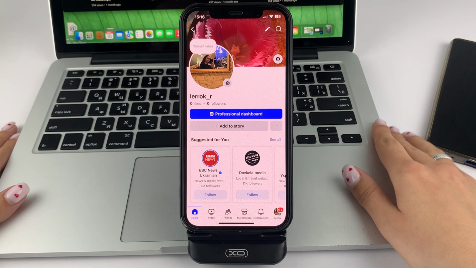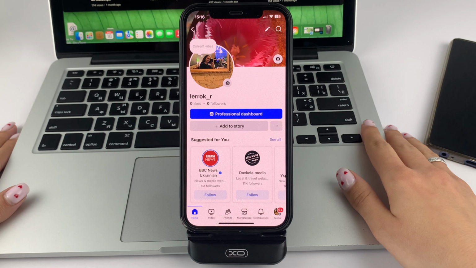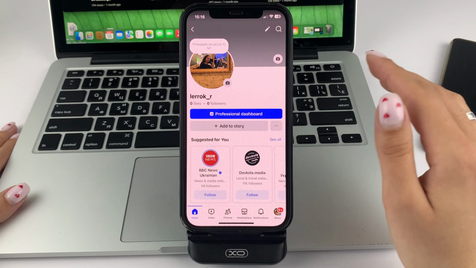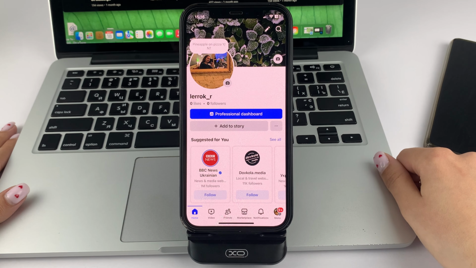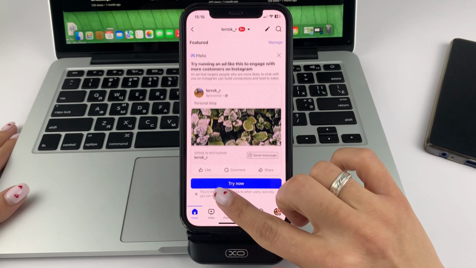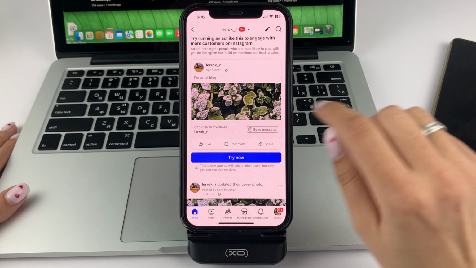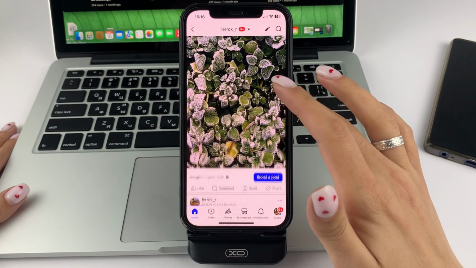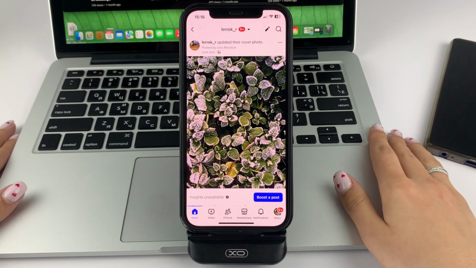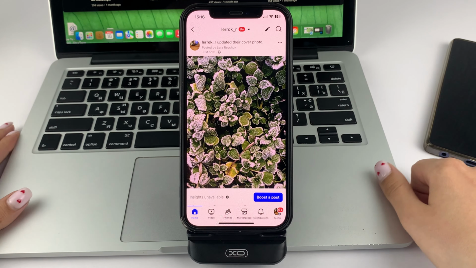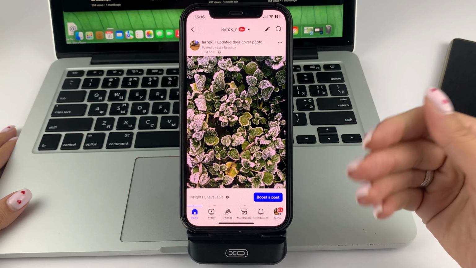You need to wait a few seconds for the cover image to be changed. Also, you can just swipe from top to bottom of your Facebook page to see such changes faster. Now if you swipe down, you can see that you have a post about changing your cover photo. So as you can see, it's not possible to change the photo without posting, but you can delete such a